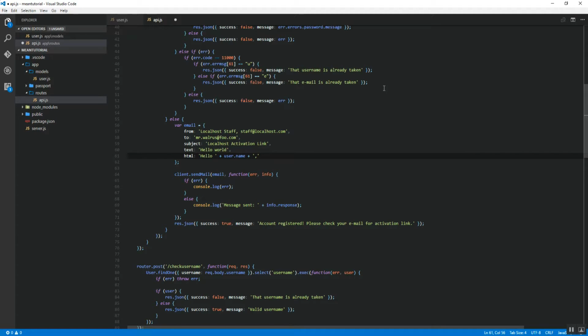Go back with the comma, and actually I'm just going to go ahead and put this in bold, so say strong. Okay. Couple breaks, and I'll say thank you for registering at localhost.com. Please click on the link below to complete your activation. Couple breaks, and